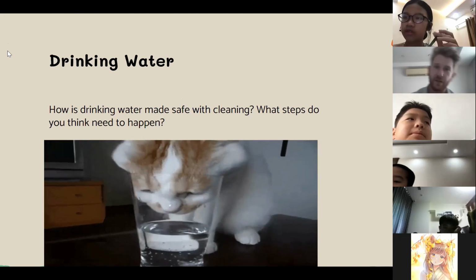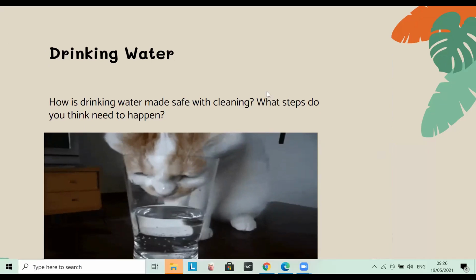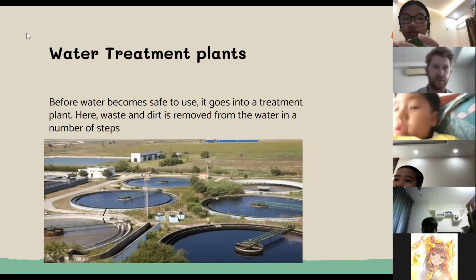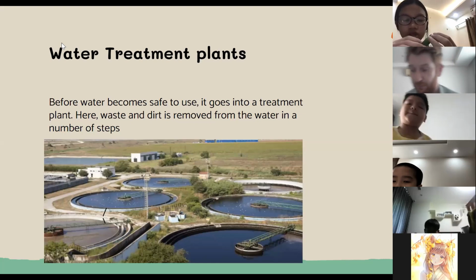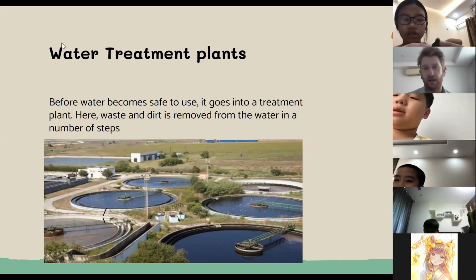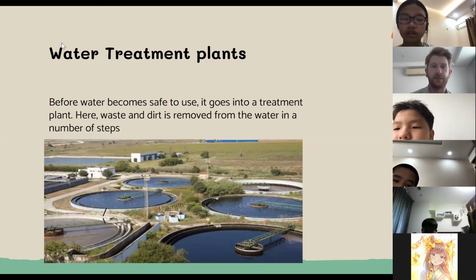Okay, so all of these places give us water, but the water is not necessarily safe. It's not clean. So before water becomes safe and clean to use, it has to go into what we call a treatment plant. Treatment plants are these large areas. As you can see, there's lots of different types of water. The water goes into one of these baths and then is moved from bath to bath. And as it moves from bath to bath, it is cleaned. Waste is removed and dirt is removed. There's a number of steps which go into it. It's not boiled, Monkey, okay? A lot of the time you don't just boil water. Boiling it would be very, very expensive, but there are other ways to do it.